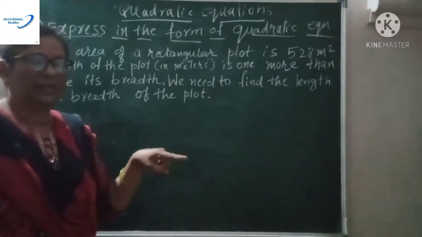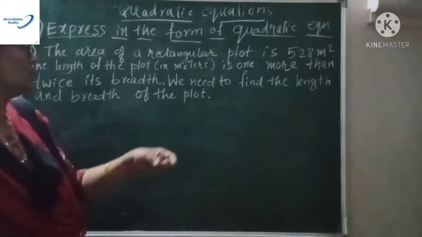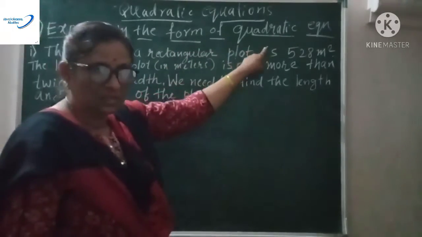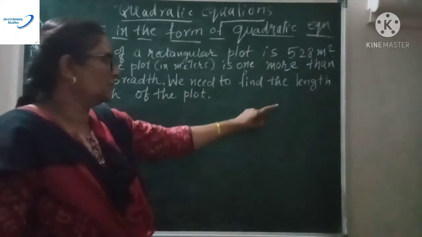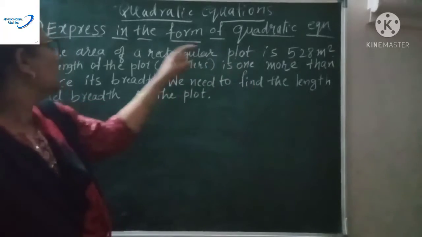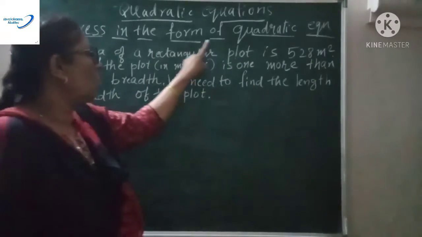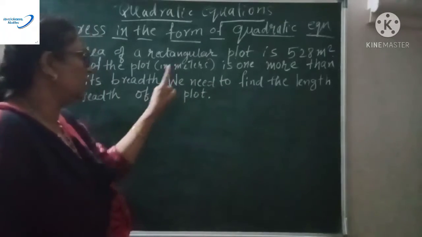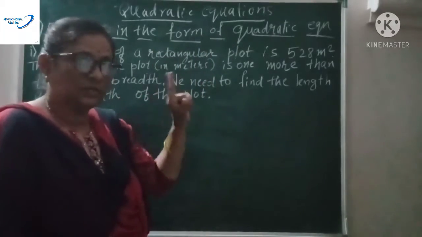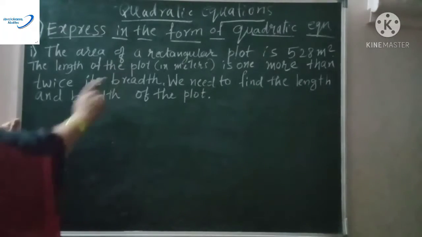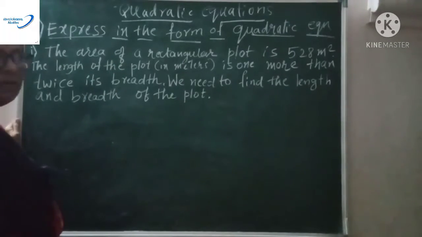That is the thing. So in the exam, don't waste your time solving the equation. Observe carefully what the question is. Don't go on finding the factors and all that. So always read the question properly. What is it? Express in the form of quadratic equation. That means you are going to get the quadratic equation as they mentioned. So remember this: how to write the quadratic equation following the condition they have given.